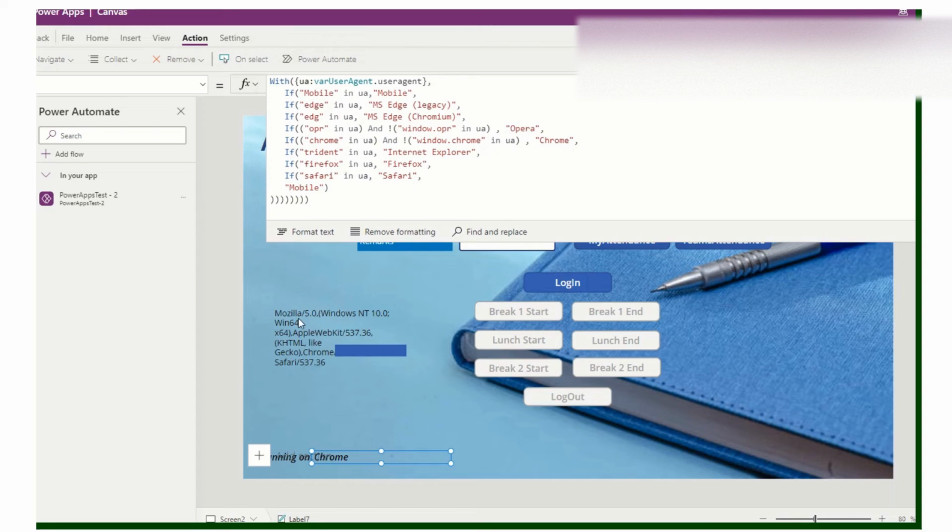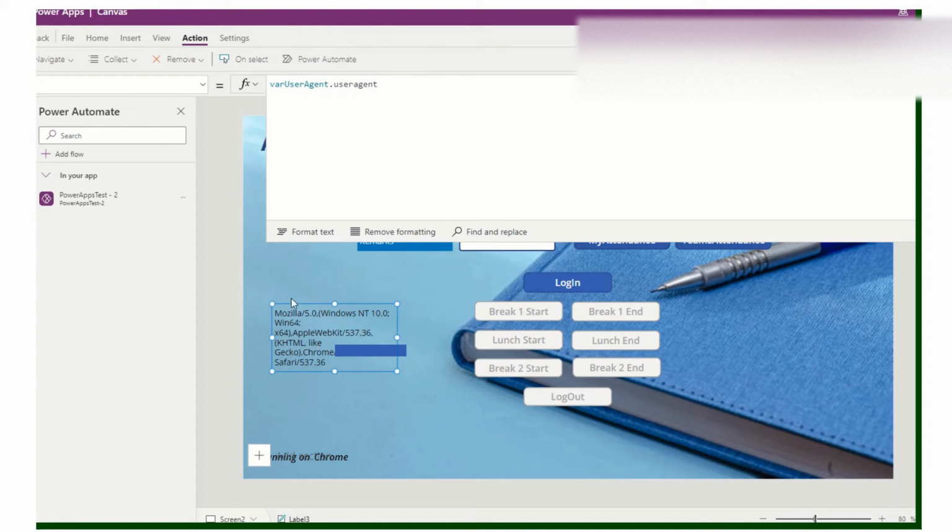So if this data contains mobile, I tried it on mobile already. So if you are using mobile, the text here has the word Mobile.